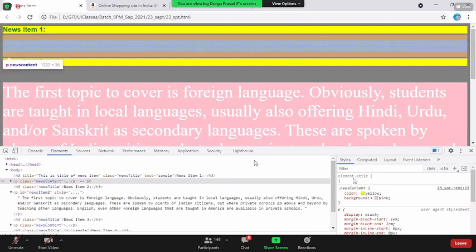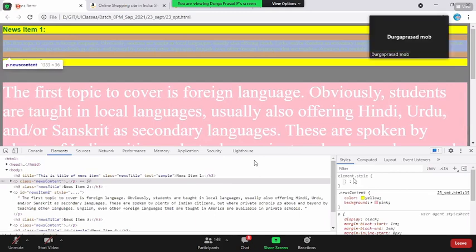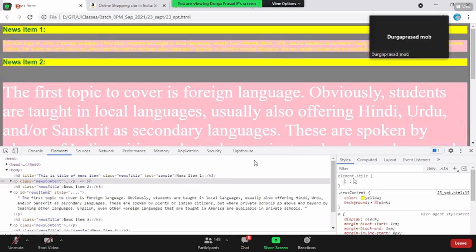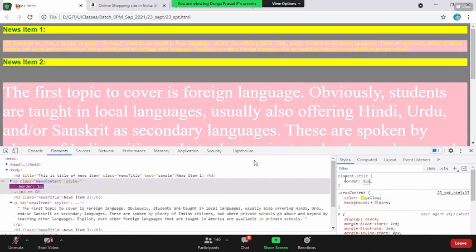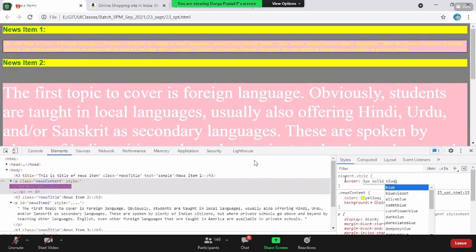And if you want to go to element.style, I want to add a new property. It is not changing the existing value, but adding a new property. There is no border property here till now. I would like to add a border property here. How do I do that? Double click on this and type border, press tab, 1 pixel, solid, blue. Do you see the border got applied, boss?